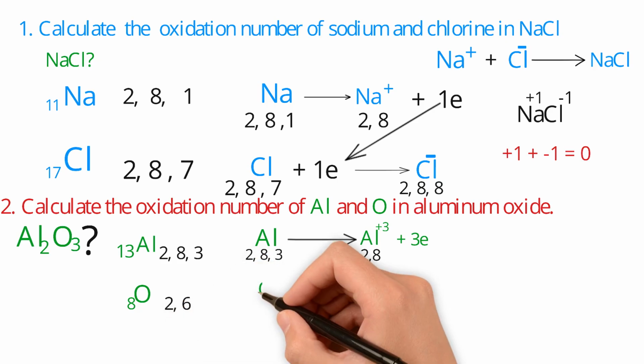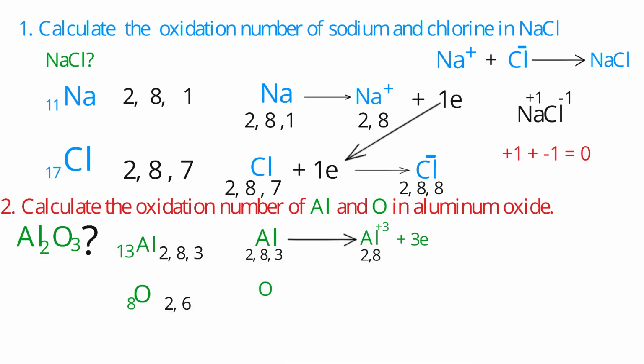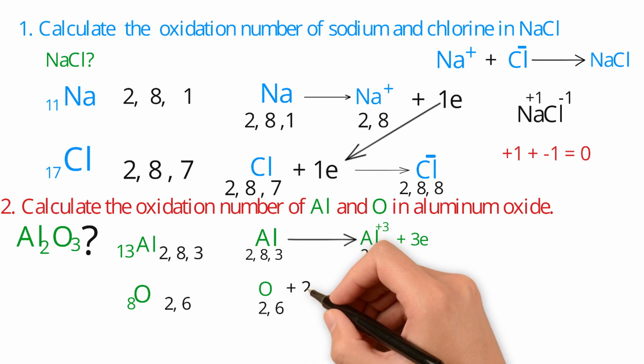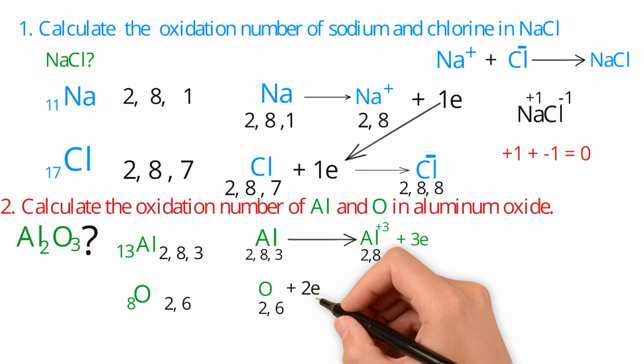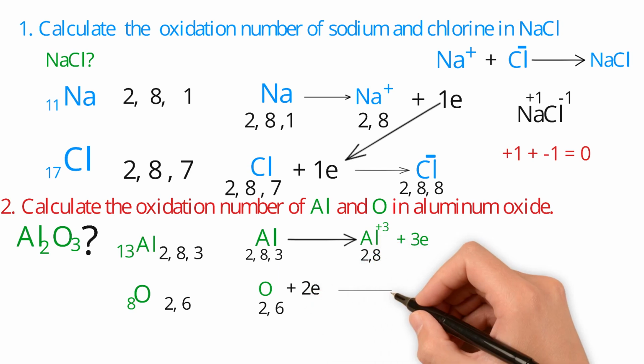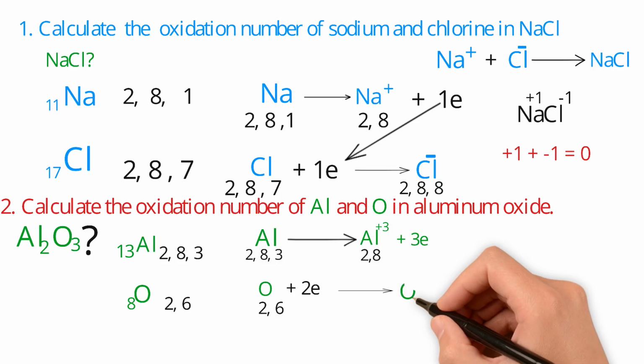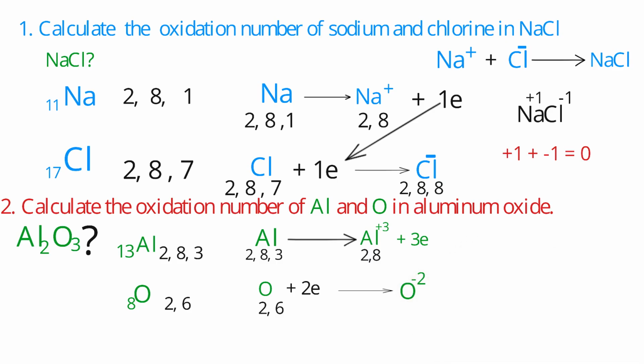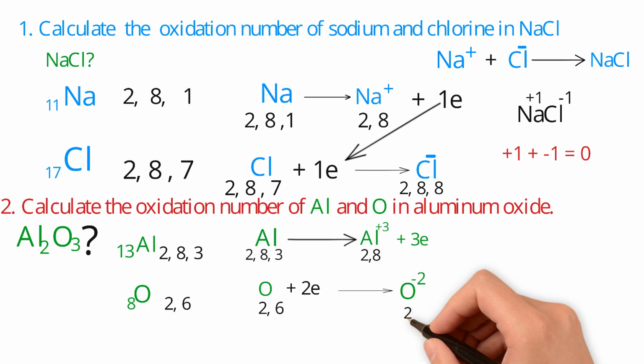Therefore, oxygen needs 2 electrons to attain 8 electrons in its outermost shell. Now, oxygen gains 2 electrons that are lost by aluminum atom. Finally, it forms oxygen minus 2 ions. This oxygen minus 2 ion holds 8 electrons in its outermost shell, and its electron configuration